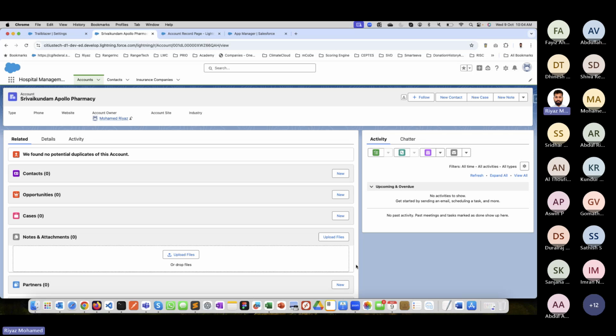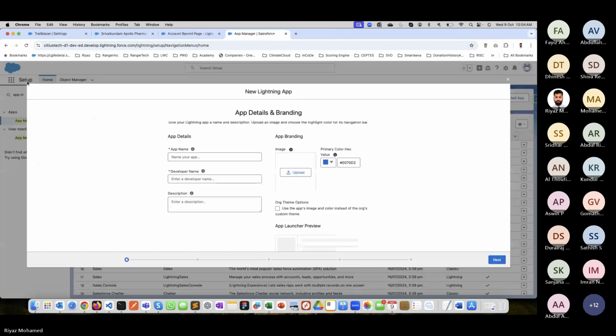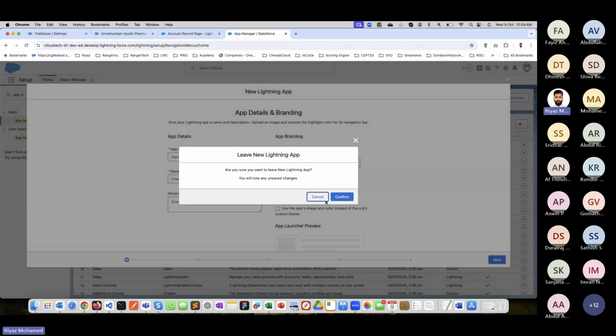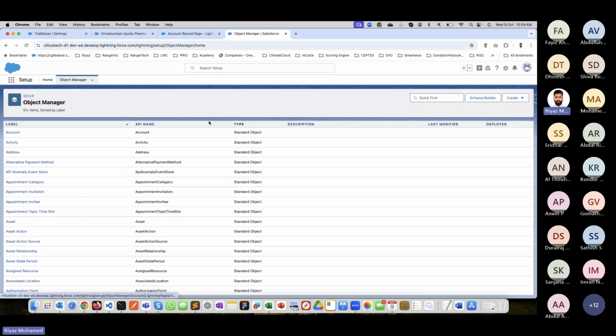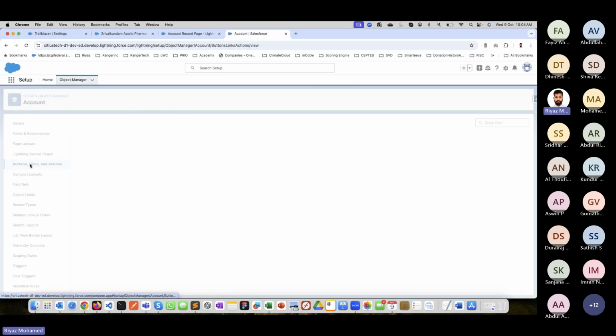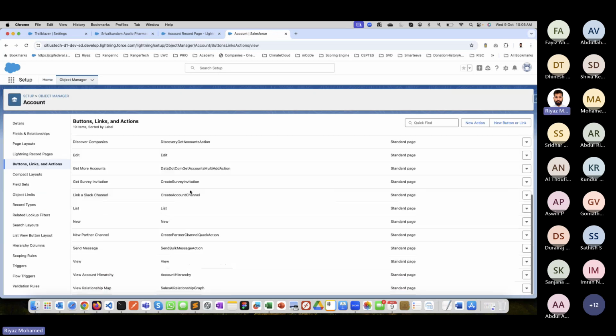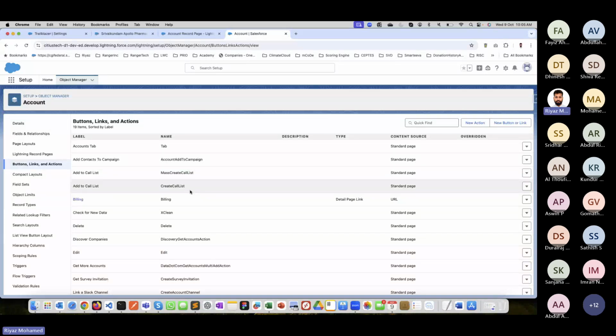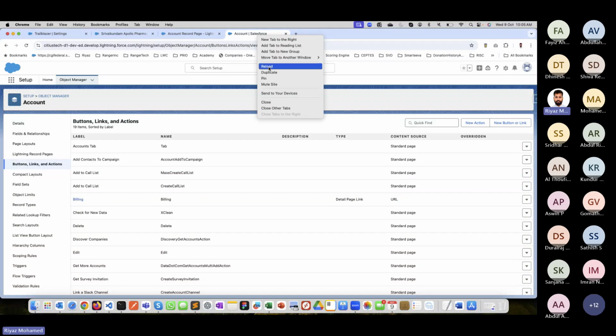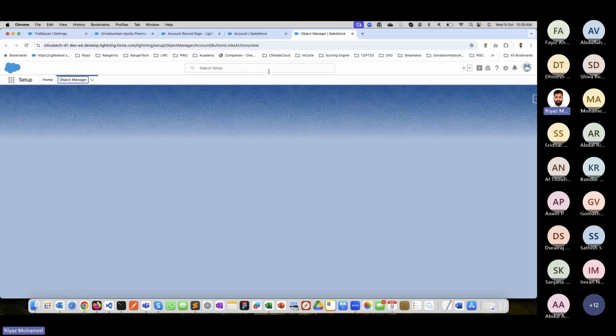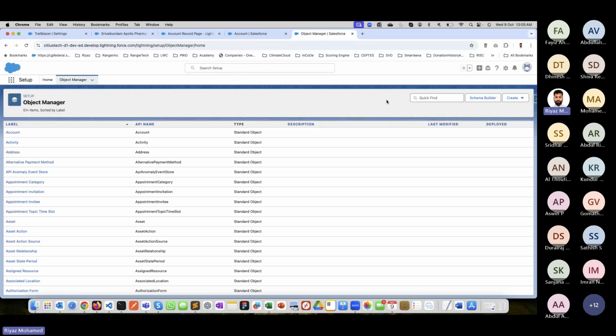Now you guys notice there are multiple buttons here, right? So we have the option to control what buttons are visible. If I go to the object manager, go to Account, we have buttons, links, and actions. So there are standard buttons that are available. Yesterday we created one new object, right? Insurance, pharmacy employee. If I just go there,